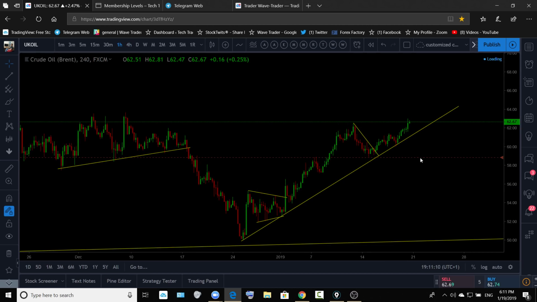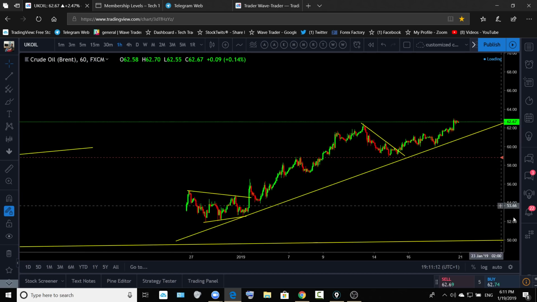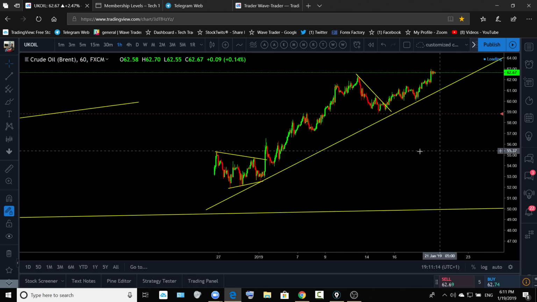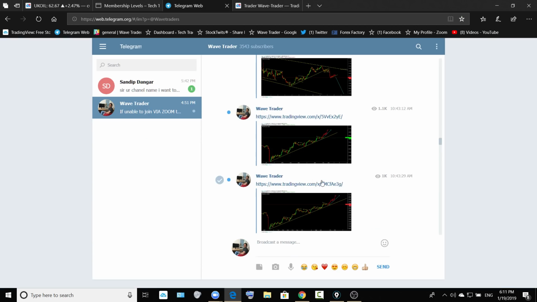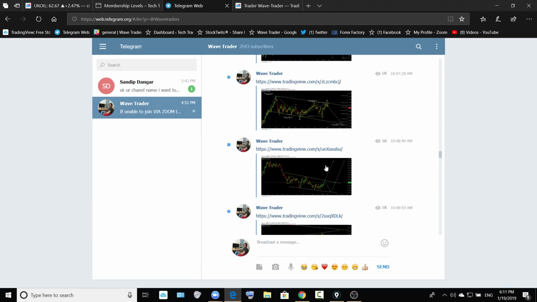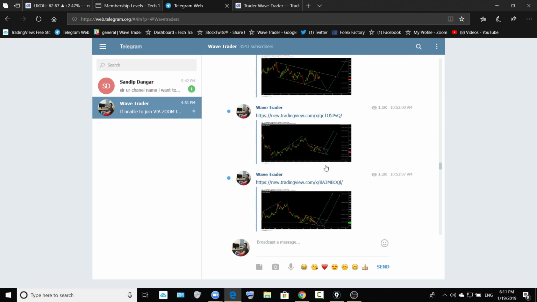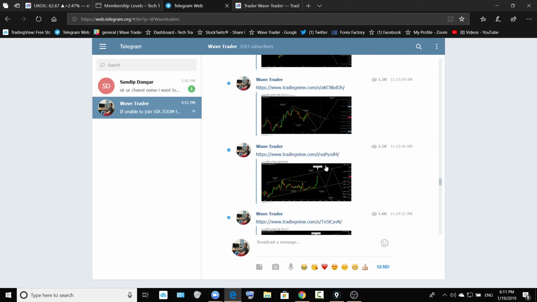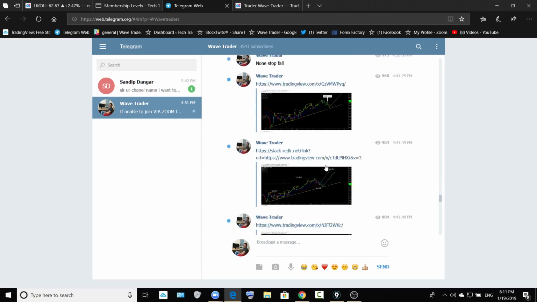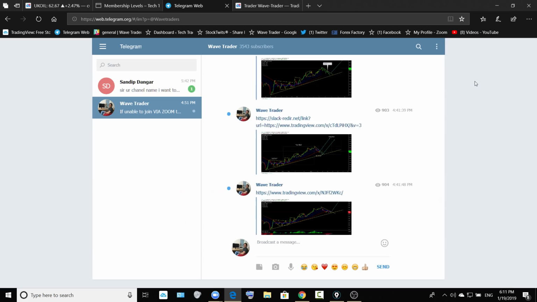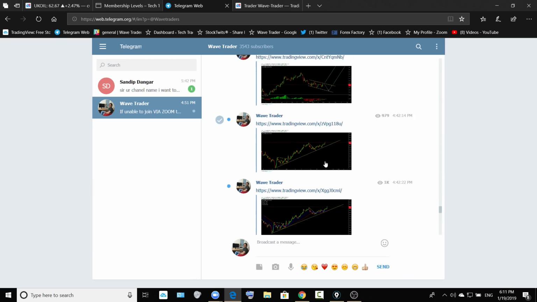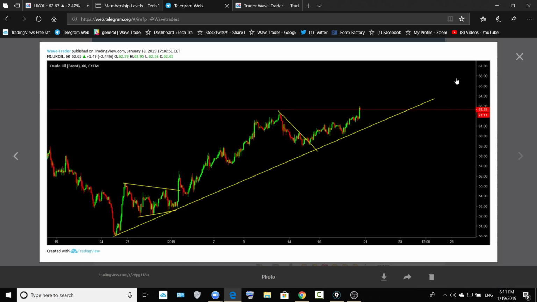All right, so the chart I have just shown you guys on the oil chart. Opportunity was there, very nice opportunity, broken out, pushing higher. Yeah, this chart. Let me show you again. I have shown you most of this chart 3 times in this weekly market outlook. Okay, so another correction is needed over there like that, and then there's going to be a setup for more upside like that.